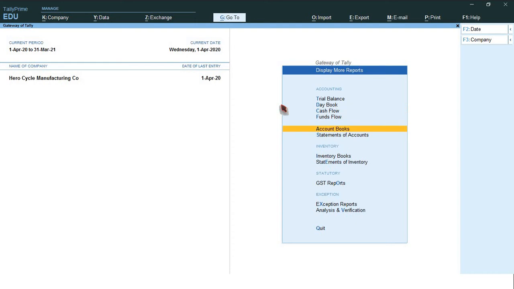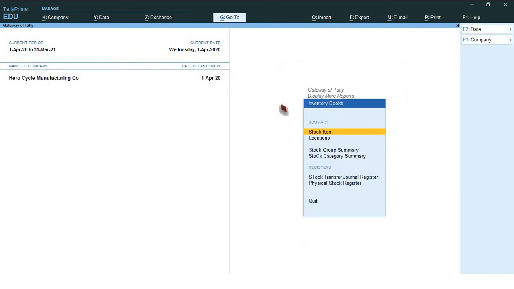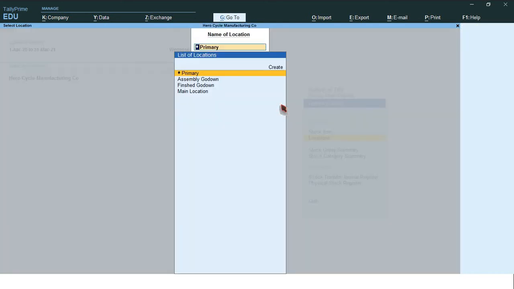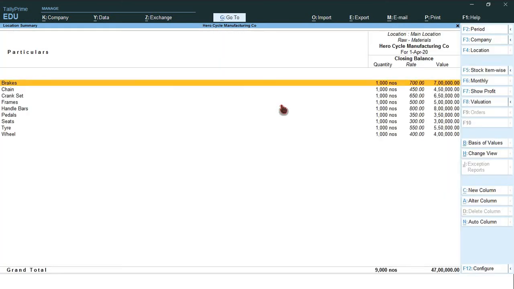Select inventory books. Select location. Assembly Godown, nothing. Finished Godown, nothing. Main location Godown, each has 1000 quantities of raw materials in stock. Okay. So like this you have to check the stock position in Godown.